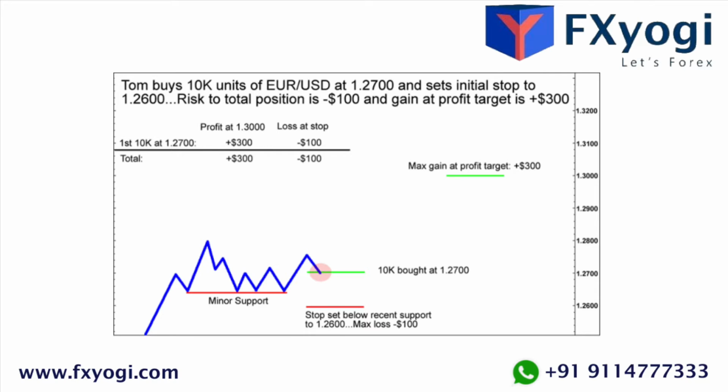1.2650, so he decides his stop will be below that level at 1.2600. Tom also thinks that because it is a psychologically significant resistance level, 1.3000 would be a great level to take profits because a rally may stall there. With a 100 pip stop and a 300 pip profit target, his risk to reward ratio is 1:3.